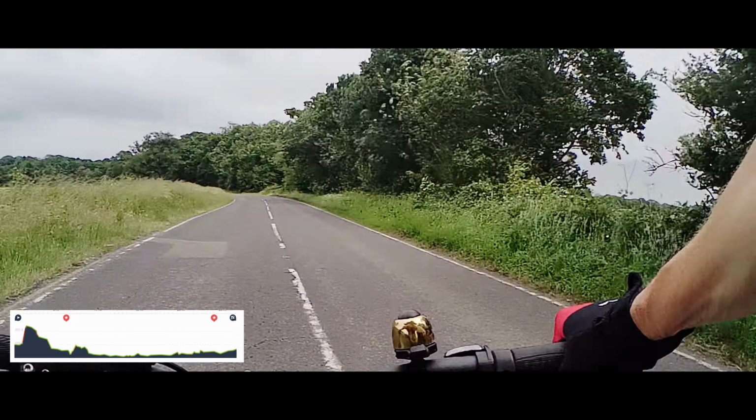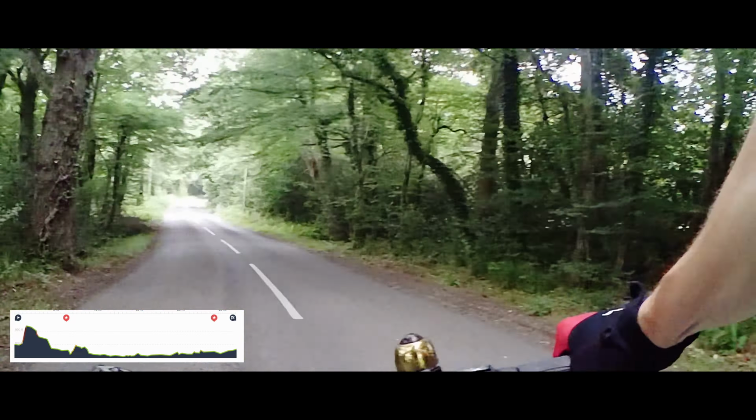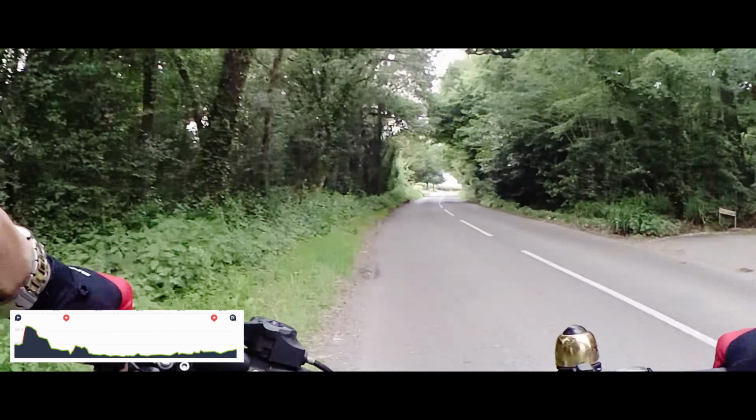So just be a little bit careful down here for all the things you might find. We've just turned left now, and we're heading towards the village of Ewhurst. We don't actually go into Ewhurst though. Okay, so as we head this way, we're going to find an off-road route that we're going to take on